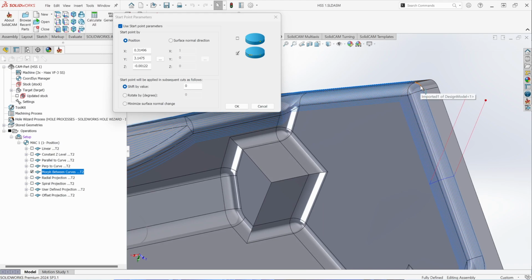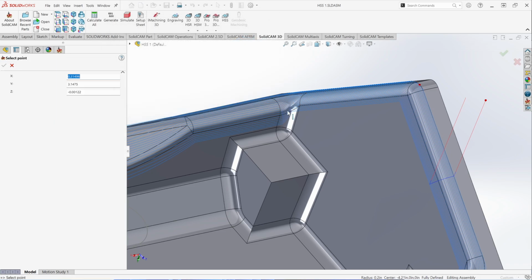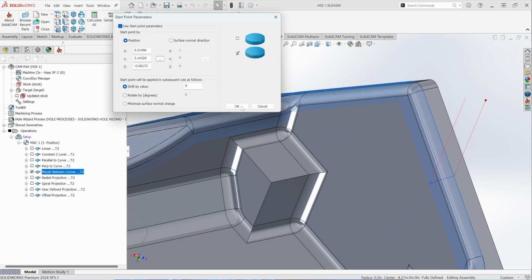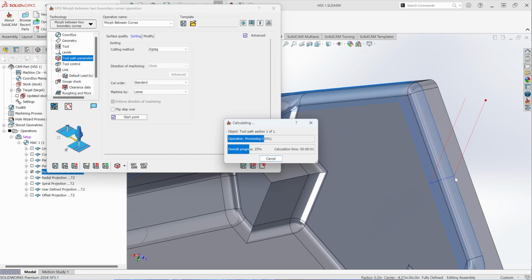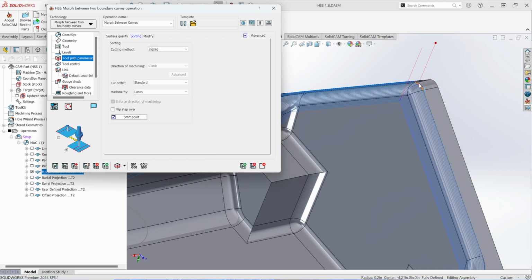In this case, I'm just going to pick this point right here and select that in to my toolpath. And we'll just pick that point right there. When I recalculate, we'll see that it moves the start point from the area that it was at to the area that I chose. Going back from my sort type from zigzag, I'm going to convert this to spiral as